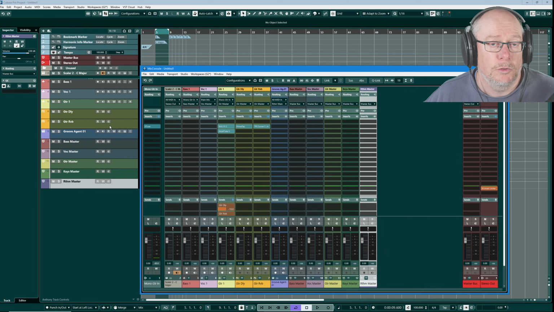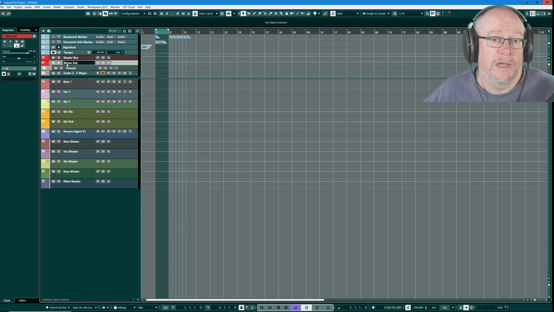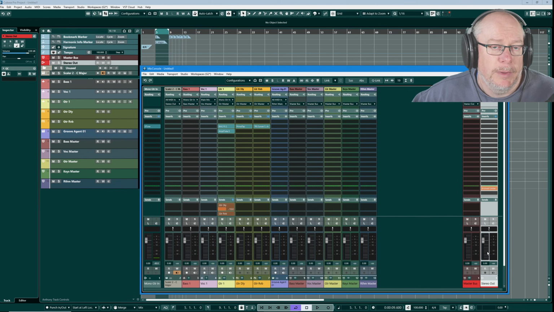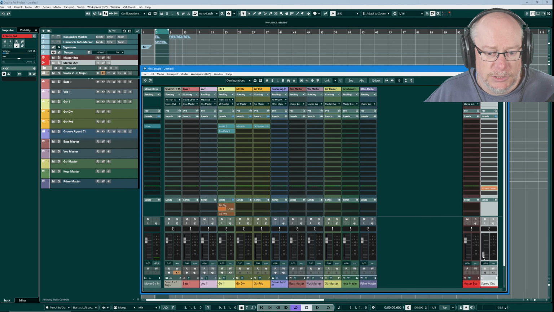Now, ultimately, all of this audio is going to get to my stereo out. This is effectively the point of contact with the outside world. This is how Cubase talks to my PC and routes the audio information to it. So ultimately, everything has to go through this stereo out track. Now, I try to keep my stereo out track as light as possible. I don't want to do any processing if at all possible. There are a couple of very minor exceptions, probably beyond the remit of today's conversation to talk about. But essentially, my stereo output is nothing more than a volume control. I'm going to do all of my audio processing on all of the tracks up to but not including this